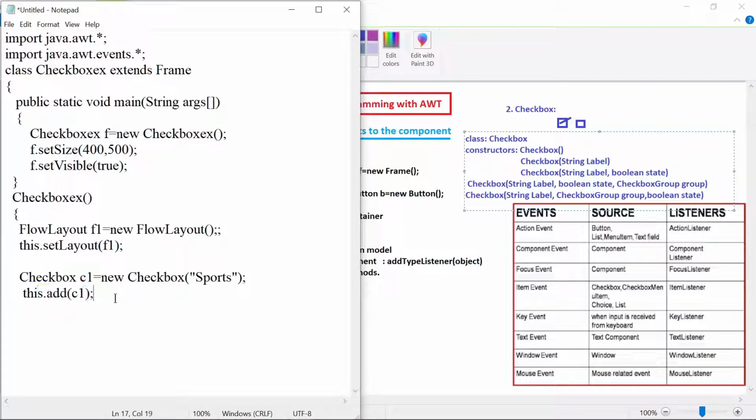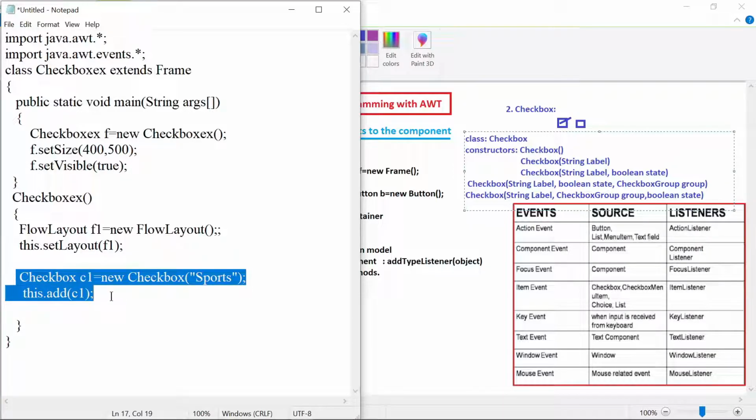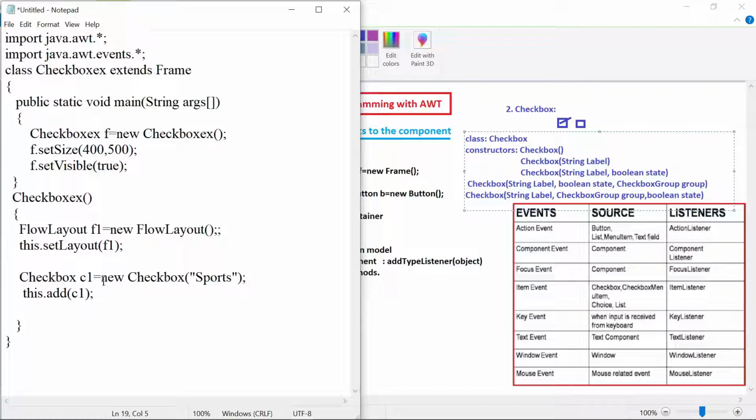Now for the time being, let us not add the listener. Let us see whether we are able to create the checkbox or not. Let me create one more item. If we are able to create this one, then we can go on adding that. So I'll save this one.